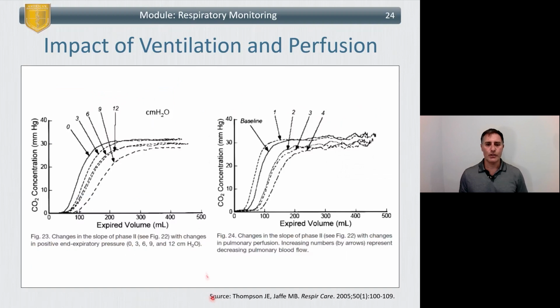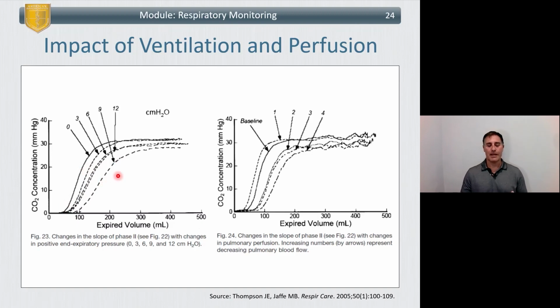So then let's look at some of the effects of things like ventilation and perfusion over time. And so here what you can see is what's happening to the slope. As you get somebody, in this case a patient, being placed on progressively higher PEEP, so this is a PEEP of 0, 3, 6, 9, 12. And essentially what's happening is as the PEEP is being turned up, their blood flow is decreasing some because PEEP is going to prevent preload, right? And so as the blood flow is coming down, notice that the slope here starts to become more and more